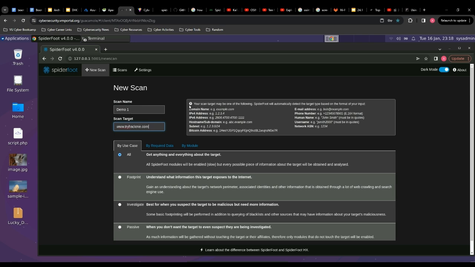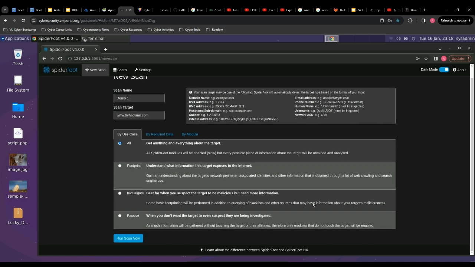www.tryhackme.com. Okay, you can see all the different ways you can scan a target. All right, this is not just limited to a URL or an IP address. This has many different things that you can scan and different ways that I'm just briefly showing you for the sake of time. All the different ways, whether you want to use it for every piece of information, whether you want to find out just what the target is exposing to the internet,